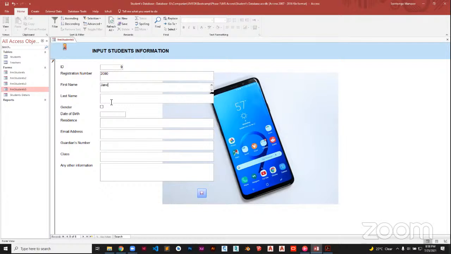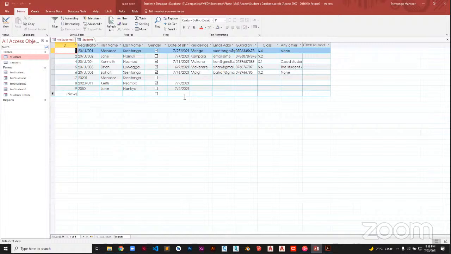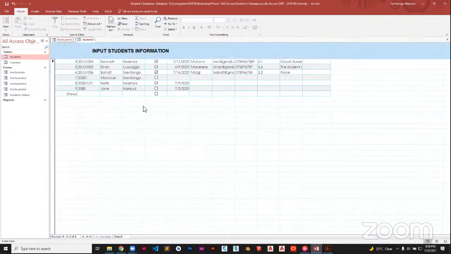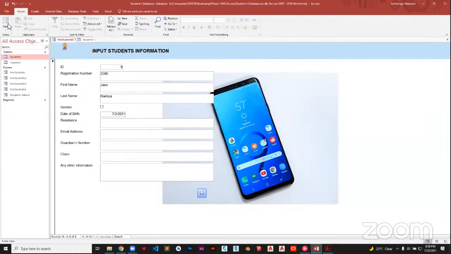The first name, last name, maybe date of birth. Yeah, and fill the whole information. Then I click on save. So it has saved the information, and I come back to students. I can find my entry here. Yeah, so that is just a sample of how you can create custom